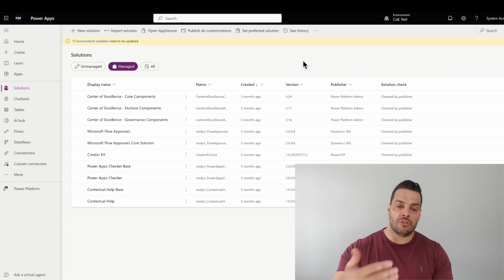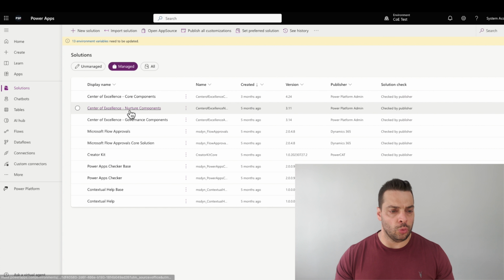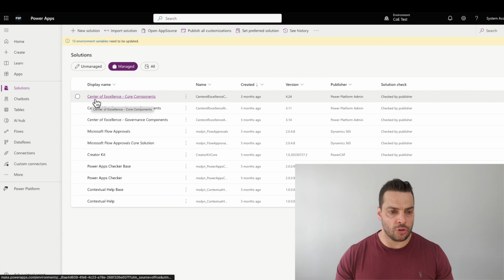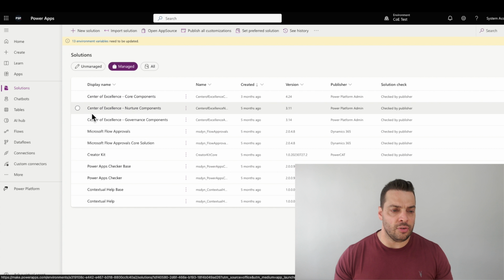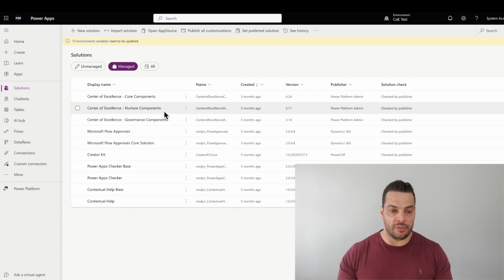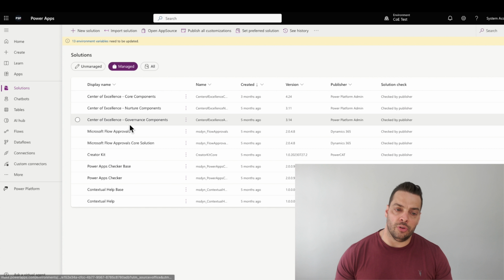And you do it under a service account that's going to have all the licensing requirements met that need to be done. And I'll, again, link below to some of the Microsoft guidance docs for it as well. And you'll see here that we've installed the Centre of Excellence core components. That's where you start. You've got the Centre of Excellence nurture components. That is to help people grow and develop talent. And you've got the Centre of Excellence governance components, which is how you